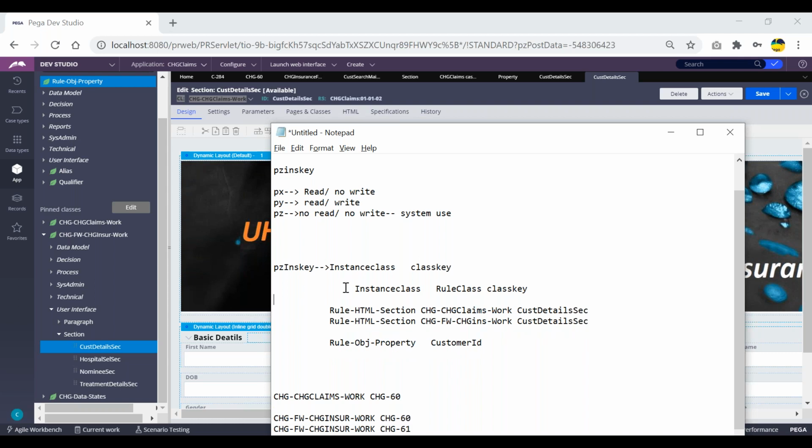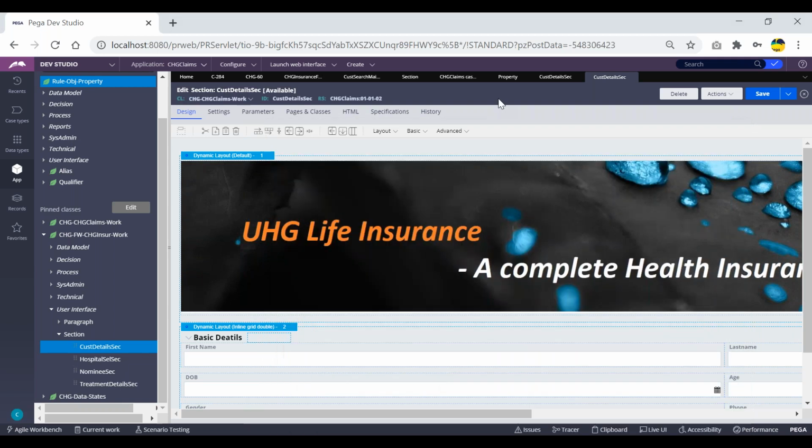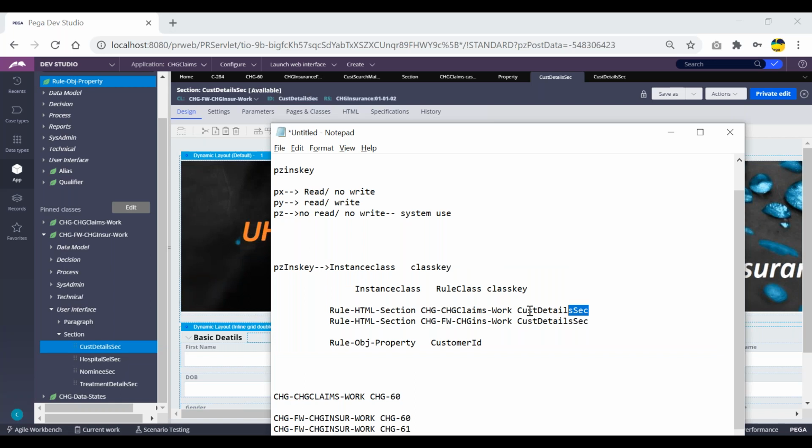So PRPC has made a few modifications to the PZDNSKey definition, so that from wherever we are calling this, we'll be including this rule class also. So the PZDNSKey of this particular rule should be rule HTML section space this particular class space this one, and for this one it will be rule HTML section space this particular rule class space this one. So all the time we're getting this value unique, correct now?